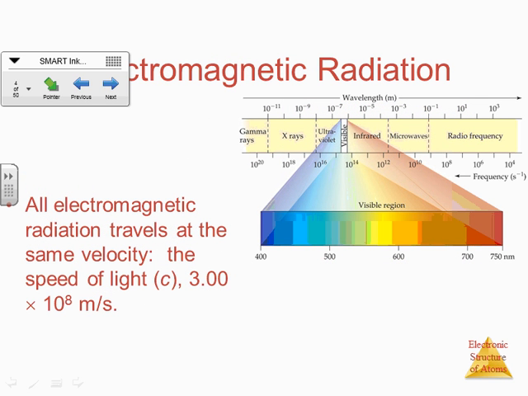So then when we're talking about electromagnetic radiation, these are the different types of electromagnetic radiation that we have. This chart is arranged in order of increasing wavelengths. As you go across, the waves get longer. And the longer the waves, the less damaging the radiation is, and the less energy that it has. Okay, so you look over here, gamma rays. We talked about those a couple units ago when we were talking about nuclear chemistry. Those have the shortest wavelengths, the highest frequencies, and the highest energy,